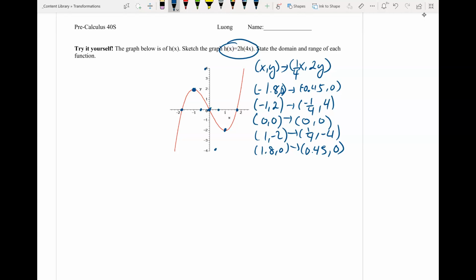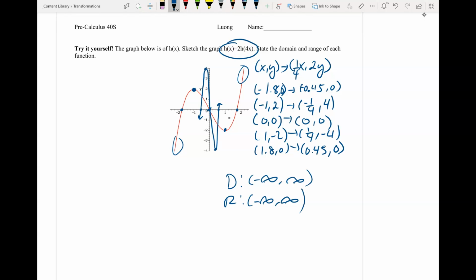And then we're going to connect those points from left to right. Looks something like this. And then you do want to connect it a bit because these do go on to negative and positive infinity, so you can just draw arrows on each end for your end behavior. Now our domain is negative infinity to positive infinity, range, negative infinity to positive infinity as well. And that's for both, because it's a polynomial, and transformations of a polynomial will still yield